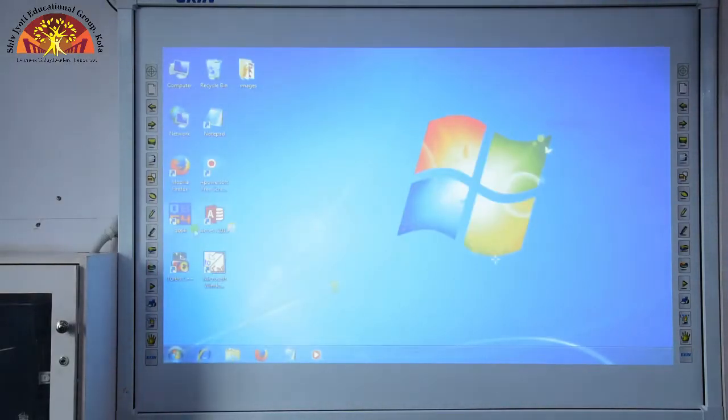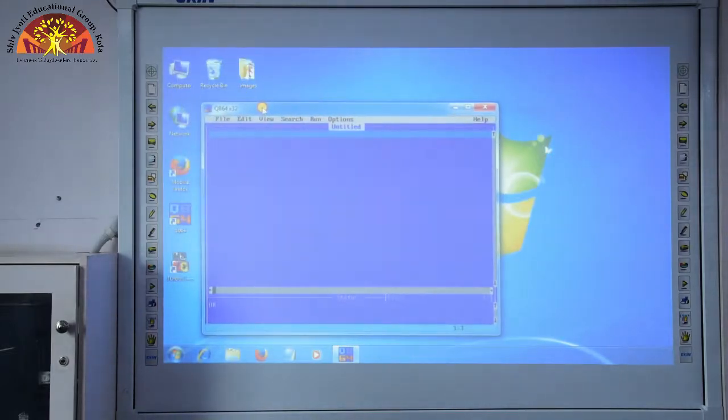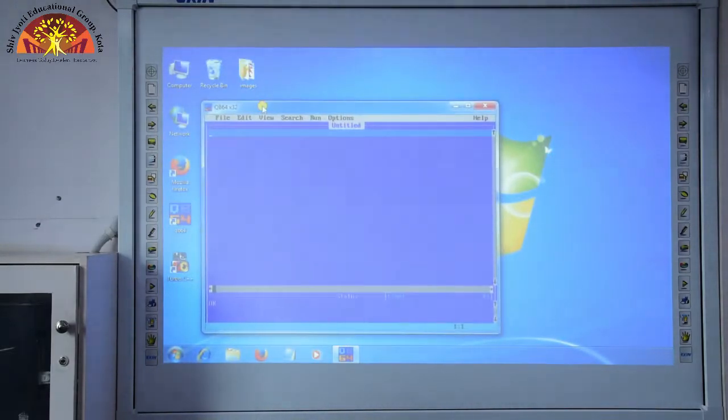To start the practical, first we have to click on the QBasic icon which is available on your desktop screen. We have to double click on it. Then the QBasic interface will appear on your desktop screen. Okay. Here we have to type the programs. First we will see the practical of the first numeric function, which is exponential function.